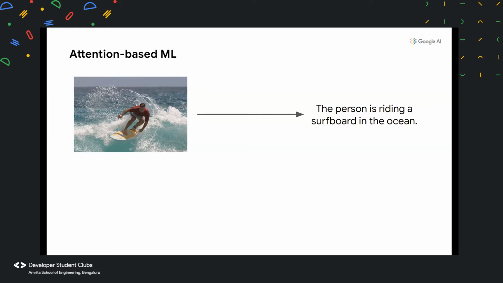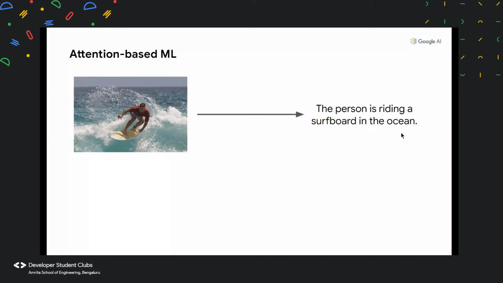All right. I hope you have started running the cells in your notebook. So let's hop back here so that we can understand the theory behind today's session. In today's session, we're going to look at three new concepts, again building upon the previous sessions, but going a little bit more in depth. We will be looking at something called an attention-based ML problem, and that is, in order to generate the caption for your image, we will be looking at specific parts of an image, and that's how we'll be generating this caption.